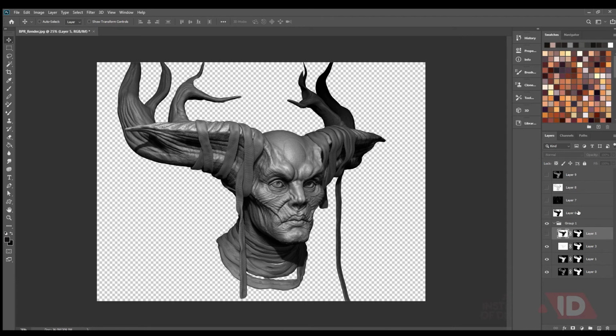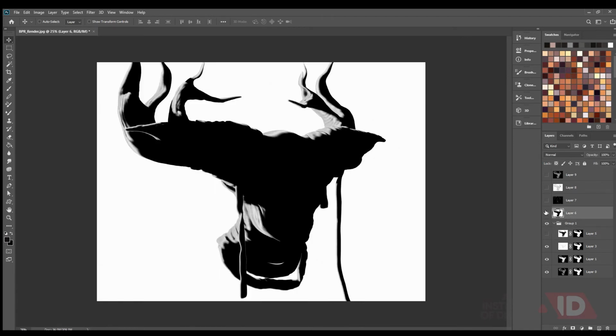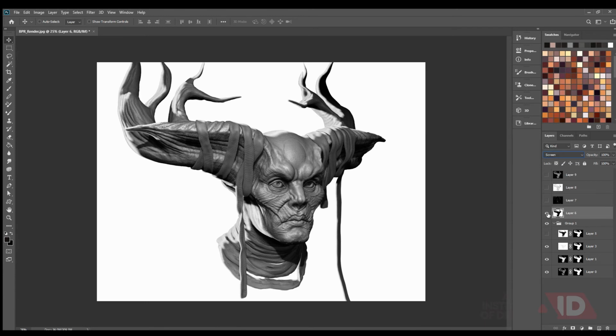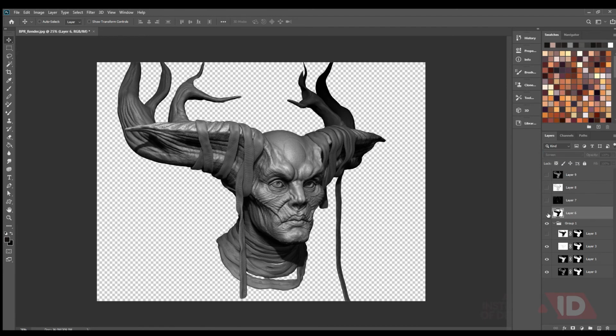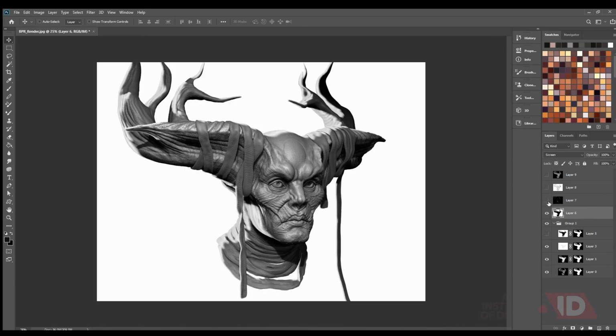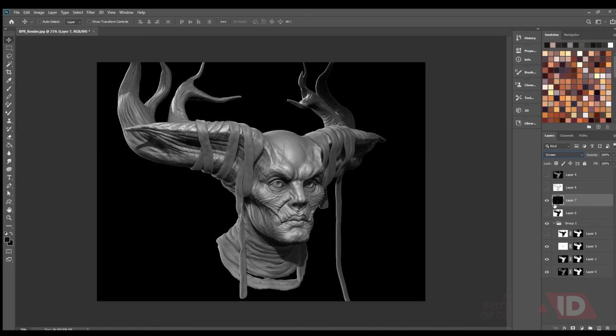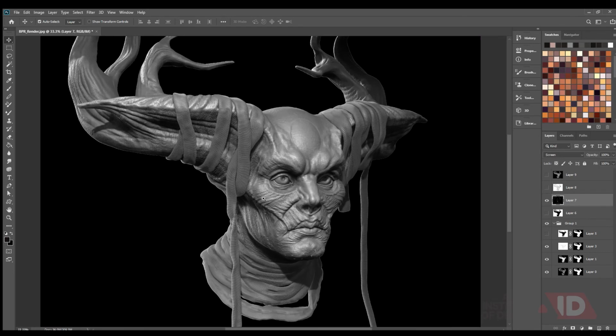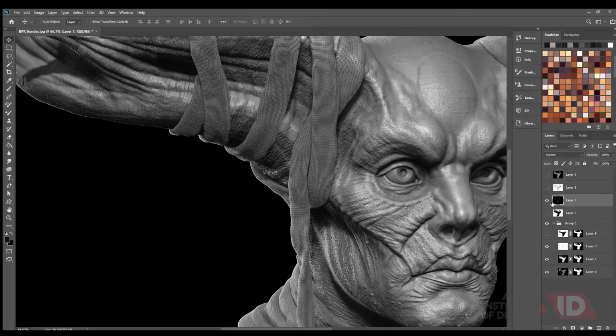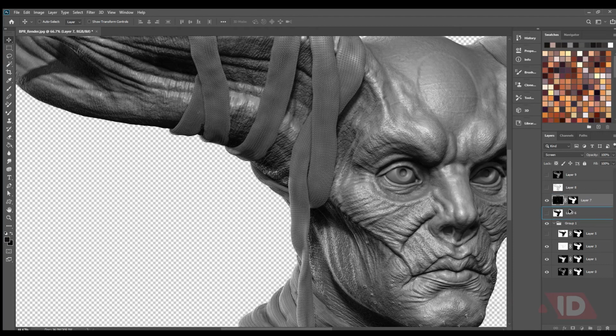Then I have, you can see I have this shadow. For this shadow I can apply a screen. See, without changing any effect, I can just simply use this shadow, or I can use this one also. If you zoom in, you can see basically giving me that outer rim light.